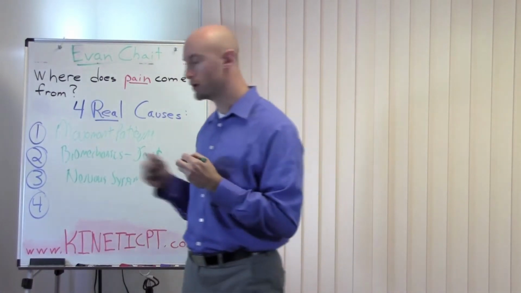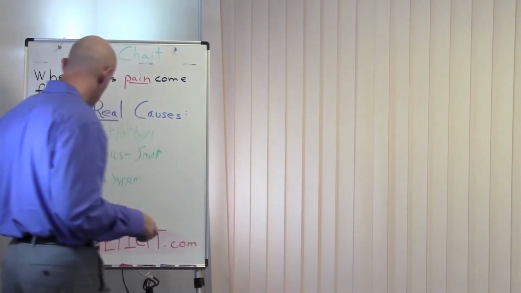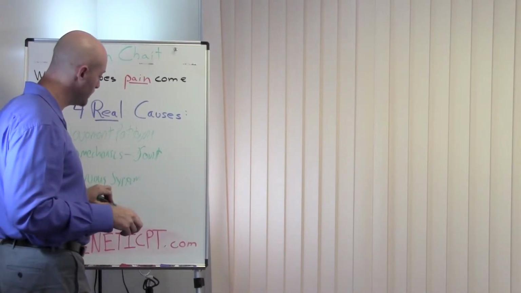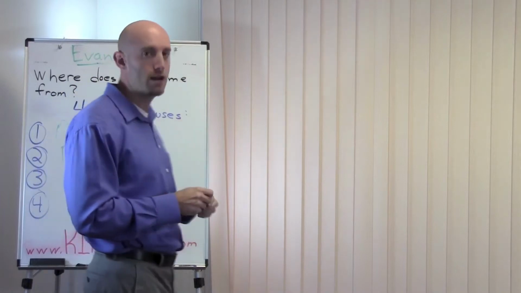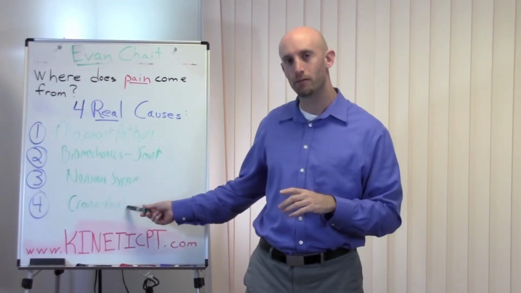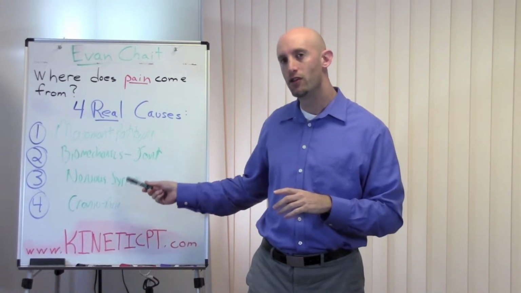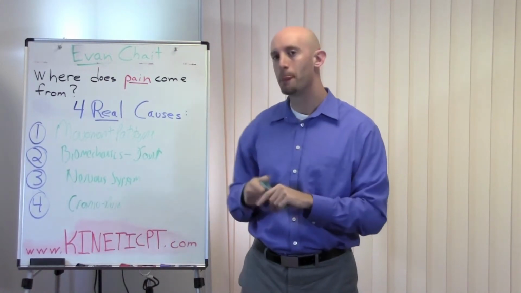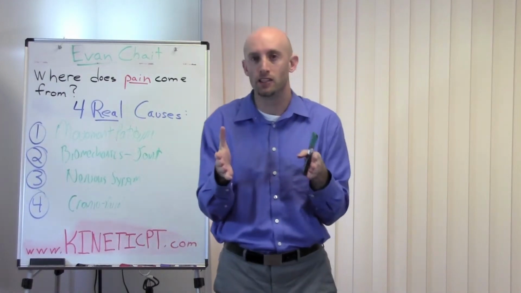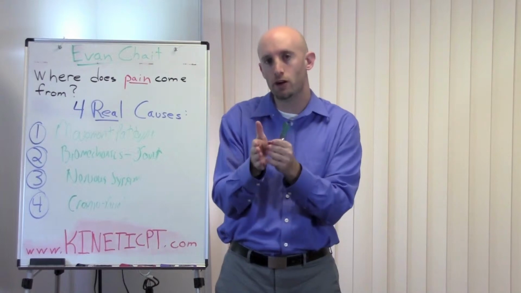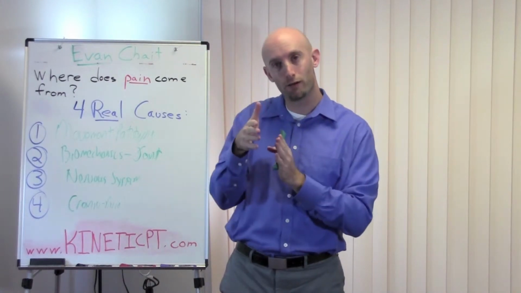Now, one of the most overlooked causes is something called the cranial dural system. Now, most of you are like, I never heard of that. And there's a reason why you never heard of it. This is actually the skin of the nervous system. This surrounds the nerves everywhere in the body. And we can actually get these adhesions. Well, an adhesion is this. It's basically like a stickiness that occurs between the nerve and the skin of the nerve.